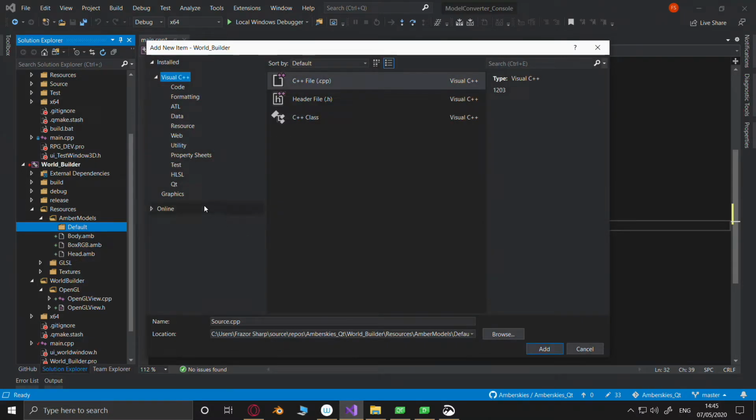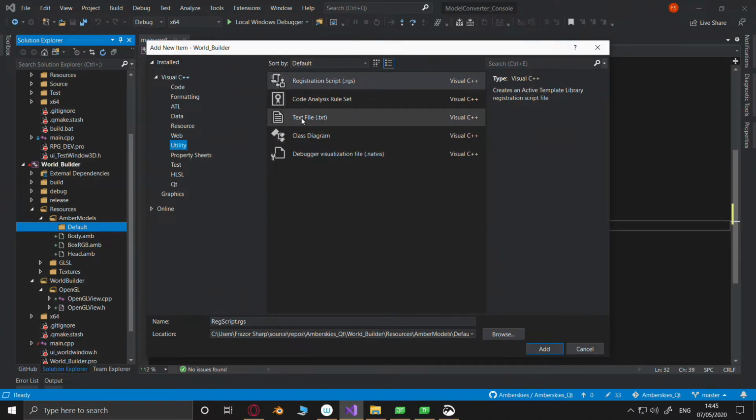We just have a normal text file. And we are just going to call that default models, I think.